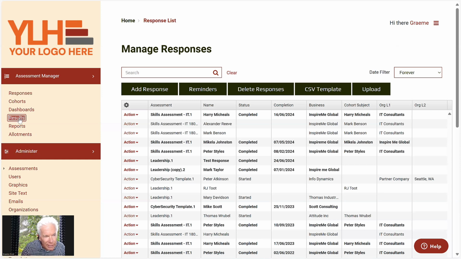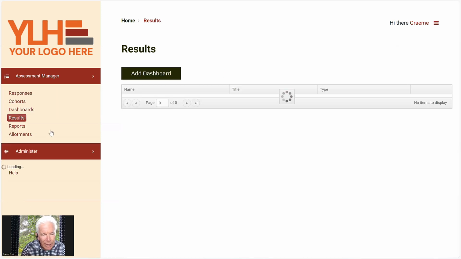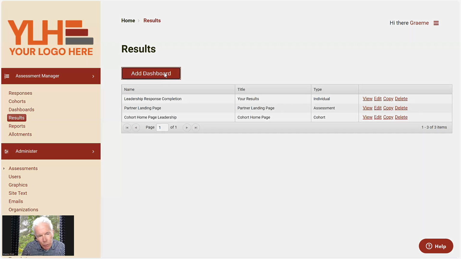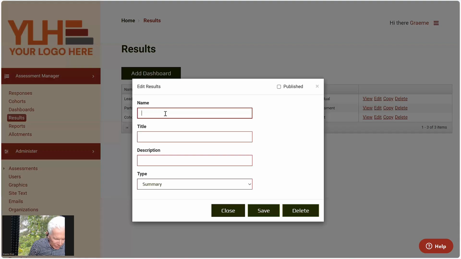Okay, so now I'm going to show you how these are built, and we'll build a simple results dashboard. The first thing we do is give it a name. And the name is internal only. The title is on the top of the dashboard. So description, you sort of think we're having too many things here. But once you build up a few dashboards, you start to realize that, in fact, having a description on it's a very handy thing. And then the type,